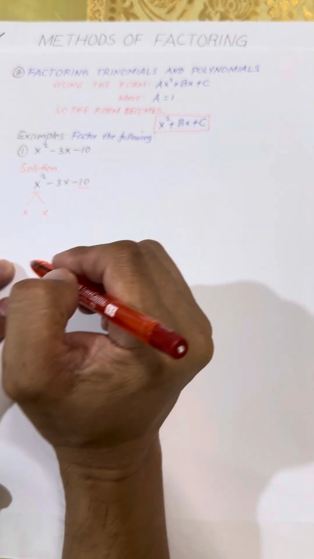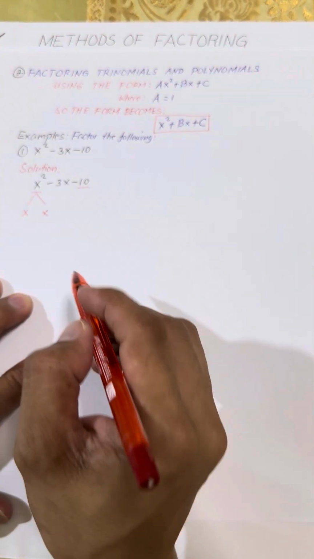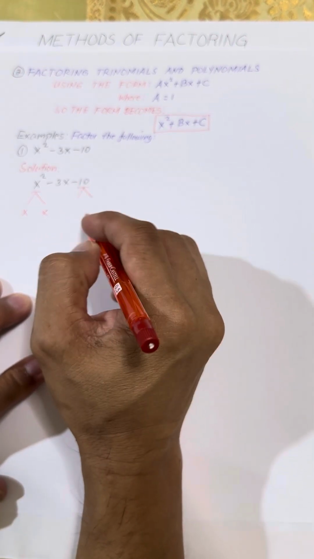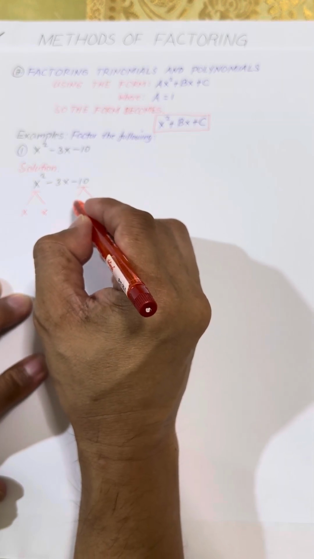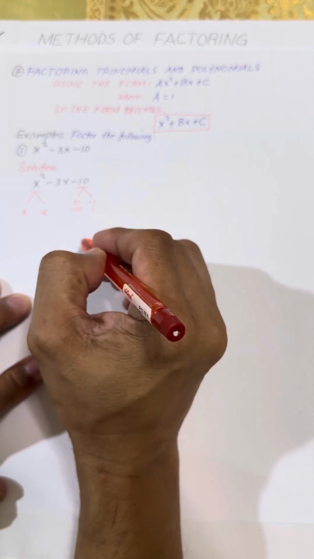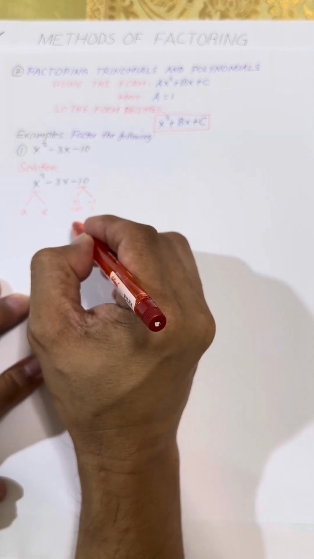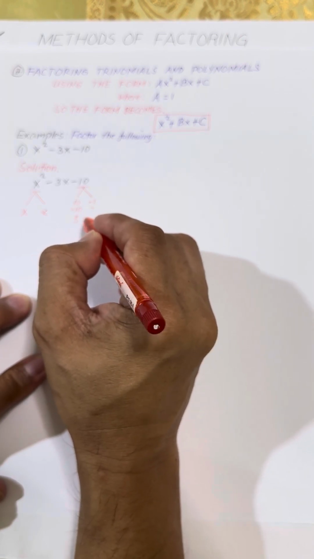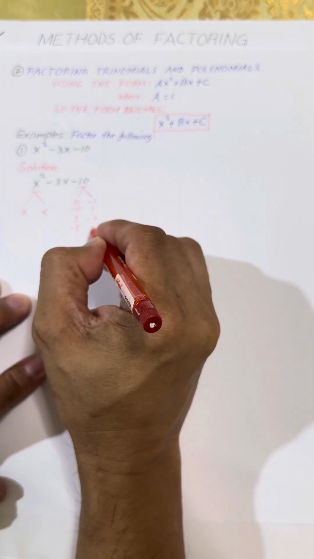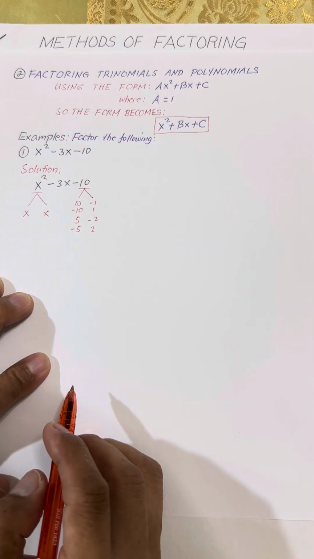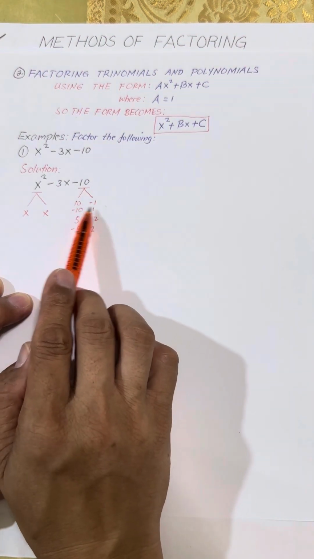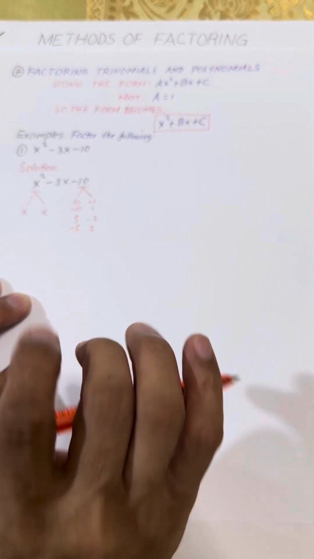Then next is to find the possible factors of minus 10. So this is negative 10. Okay, so possible factors could be positive 10 and negative 1, or negative 10 and positive 1. We also have positive 5, negative 2, right? Or negative 5, positive 2. So these are the possible factors. So what you need to do is to select among all these factors. So for example, if we select